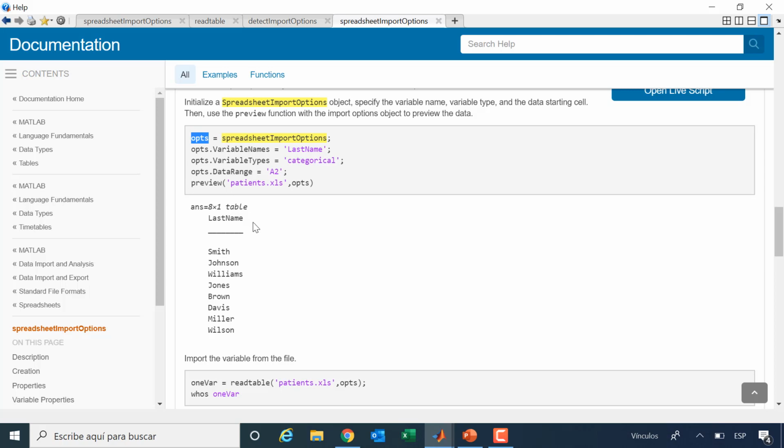So it doesn't matter whether it was a huge spreadsheet, it's only going to read a few lines. So as you can see, when I read the spreadsheet specifying the options that I have determined with this instruction, then it's going to do what these options say. So it's going to read only the last name. And it is going to be a categorical type column because it's a limited number of surnames and there is nothing between one and the other. It's not a continuous range. So this is how you can use the options. You define it once and then whenever you use the options, it will apply that to any spreadsheet.